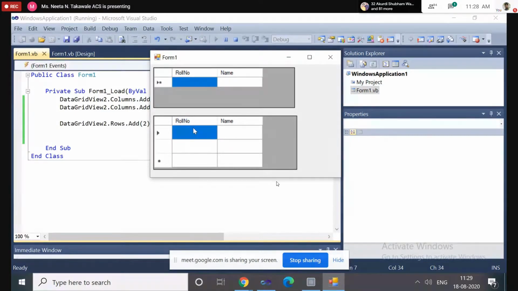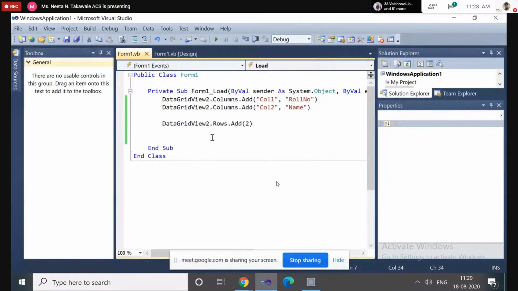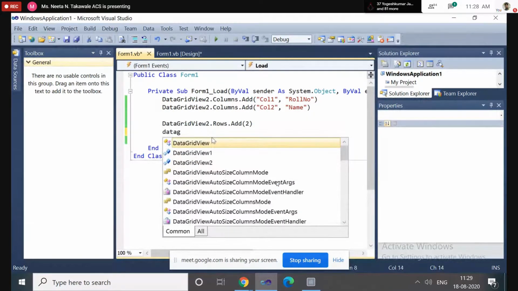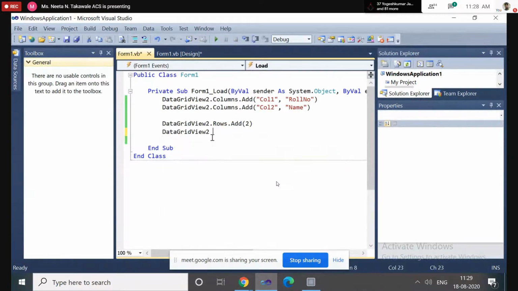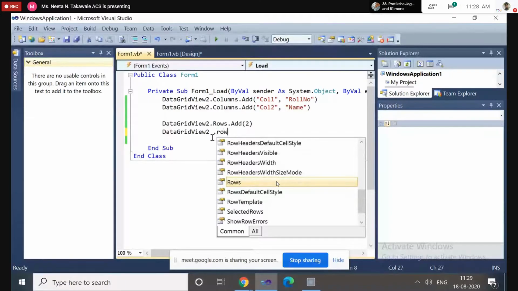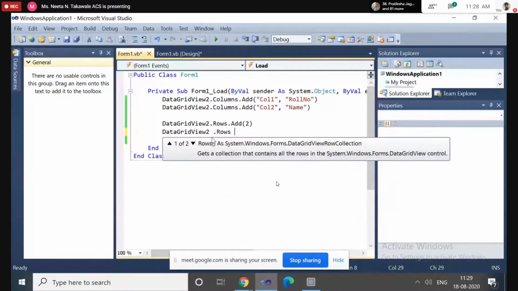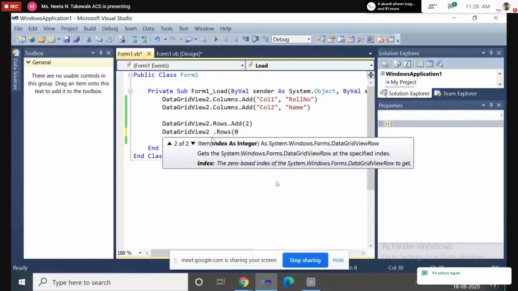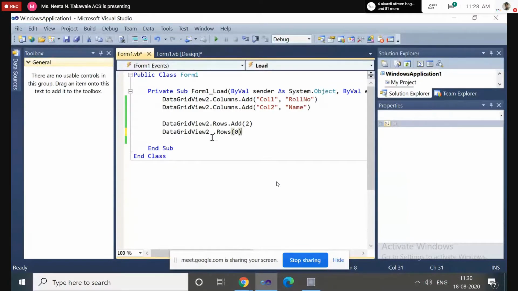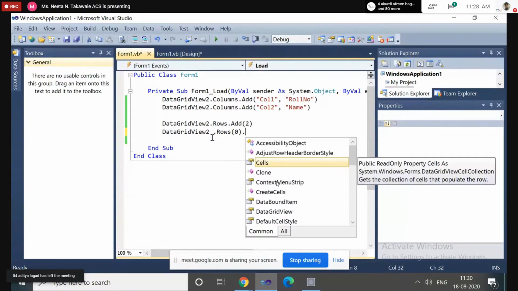Col1. In the data grid view, in the first row, the first row means the 0th row. What is the index value of the 0th row? It is 0. That means in the first row we want to store the information.